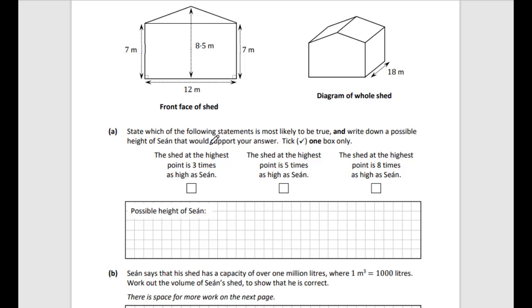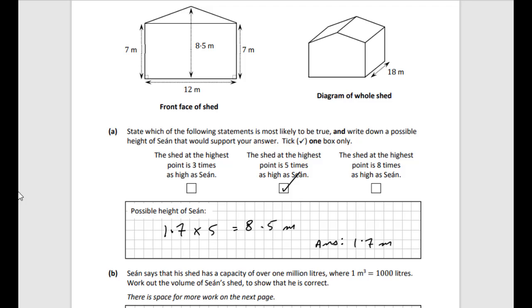The first one here says the shed at its highest point is 3 times Sean's height. So if we divide by 3, we get 2.83. He's unlikely to be that tall. So the second one then, the shed at the highest point is 5 times as high as Sean. So take 8.5, divide by 5, you get 1.7. So it's more likely to be 1.7, I think, 5 times. So I'm going to go with that. 1.7 multiplied by 5 gives exactly 8.5 meters. So I'm going to say a possible height of Sean is